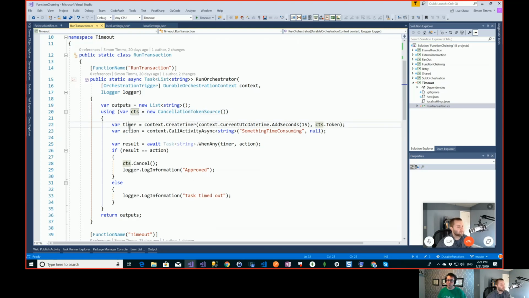And then the first thing we're going to do here is set up a new timer. Timers exist on the context object that's passed in. So this is a durable orchestration context, and we're going to create a timer based on this. Now, the recommended way of doing this is to use context.CurrentUtcDateTime. It's tempting to use the same kind of date time libraries that you use for the rest of .NET,